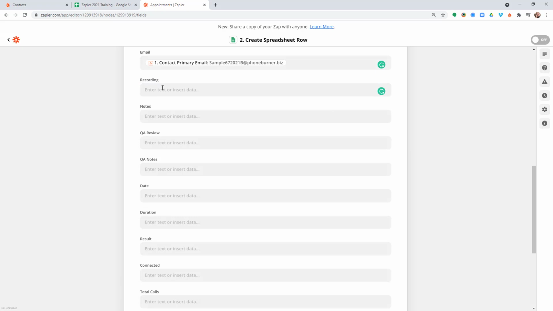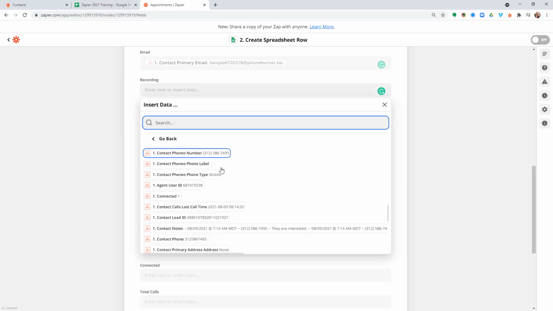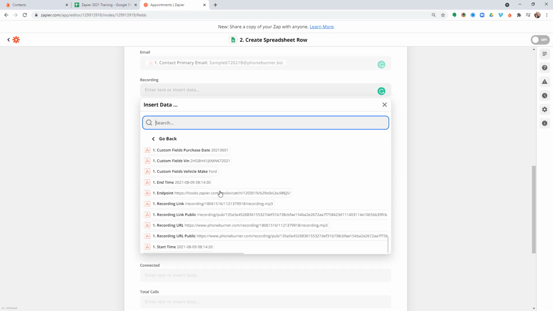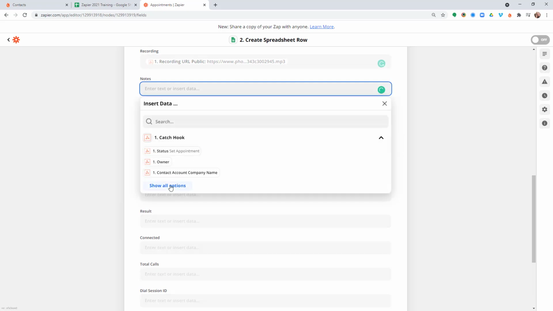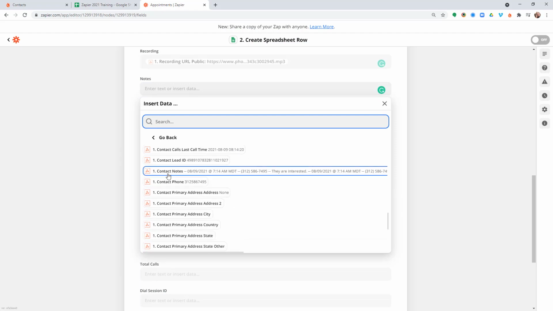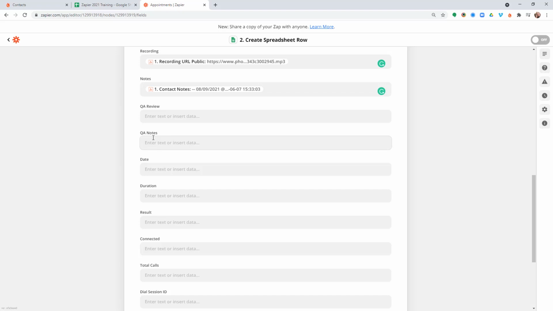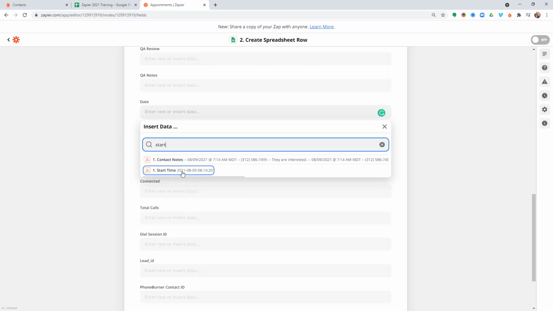We do want to make sure that the recording is available for our QA team, so we're going to grab that. With the recordings, there are a few options here. You want to grab the recording URL that is public. That way anybody can listen to it whether they're logged into PhoneBurner or not. We're going to grab the notes that our team member may have created during the dial session. We're not going to update QA review or notes because that's going to be updated by the QA team when they're reviewing it. But we do want to log the date, and I'm going to log the date as the start time of the call,